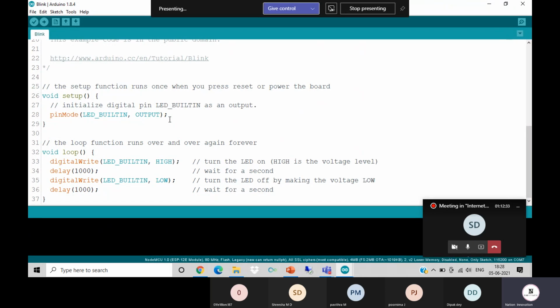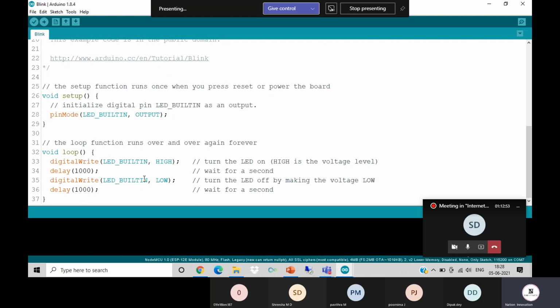This is the pre-written code available to turn on the built-in LED in the Arduino, which is connected to pin number 13. How this function is written, what pinMode is, and what OUTPUT is, we'll be working with tomorrow in the lecture. No worries, no hurry with that.